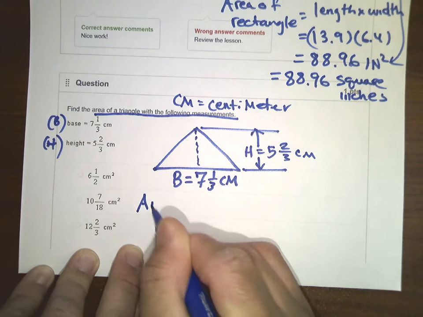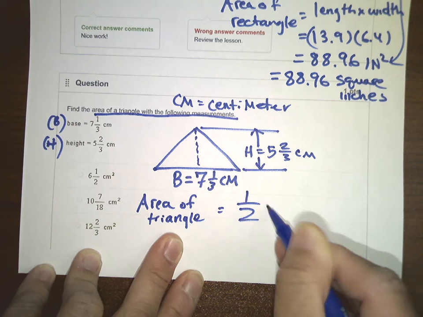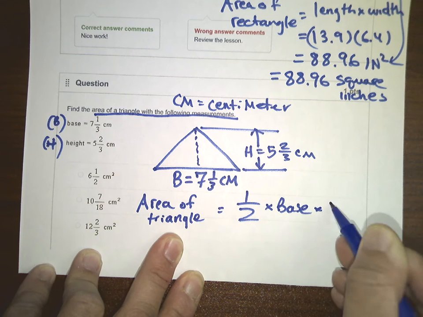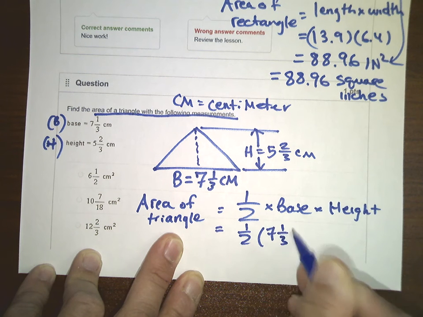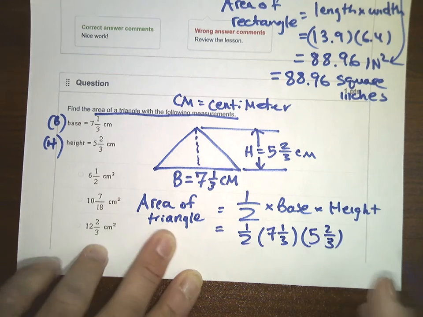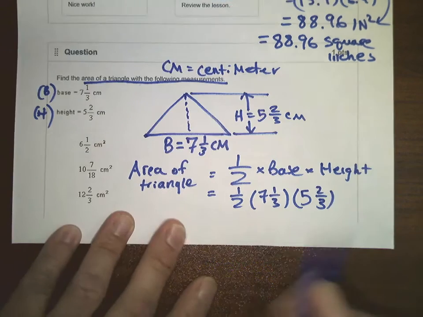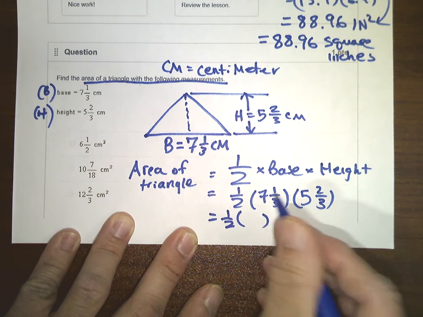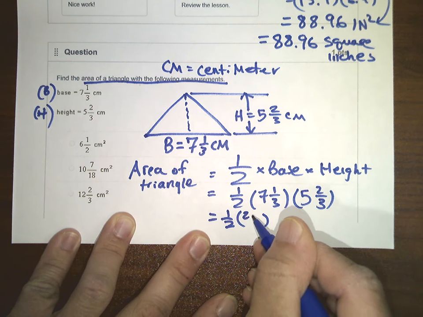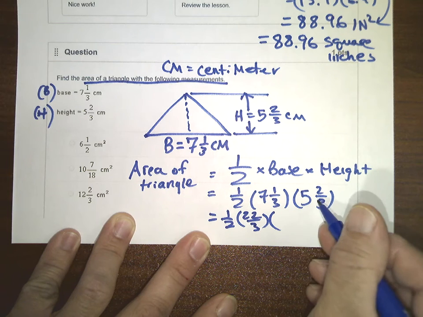So the area of a triangle is going to be 1/2 times the length of the base times the length of the height. So in this case, we have 1/2 times 7 1/3 times 5 2/3. Because this is a little bit difficult sometimes to multiply all of these mixed numbers together like this, I'm going to change them to improper fractions. So 1/2 times, and this will be 3 times 7 plus 1 is 21, so plus 1, so 22/3 times 3 times 5 plus 2, 15 plus 2,